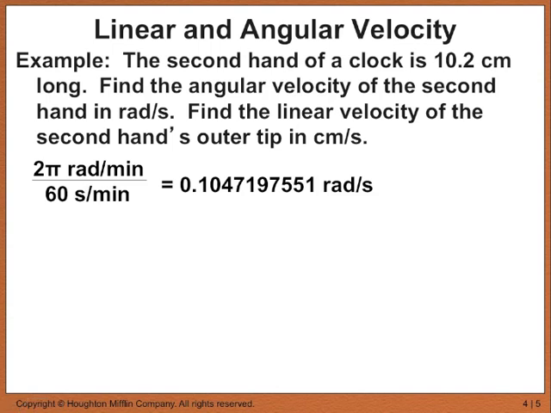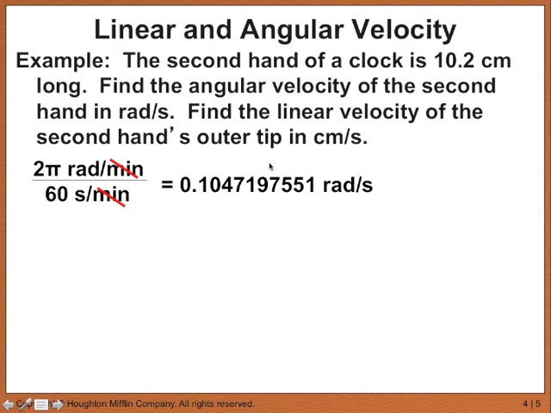And as you know, when you're doing unit conversions, you need to divide or multiply as needed. In this case, to convert minutes to seconds, you divide by 60. And that's why we divided by 60 seconds per minute, because there are 60 seconds in a minute. And we can conveniently cancel the units, and therefore we're left with simply radians per second as our units. And we're left with the ratio of 2 pi over 60, which equals